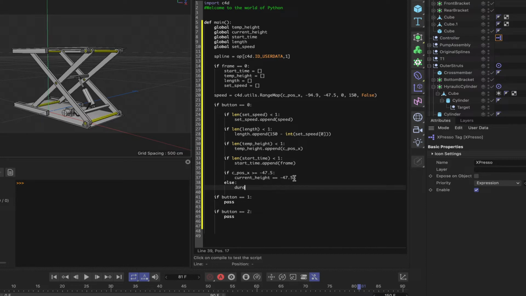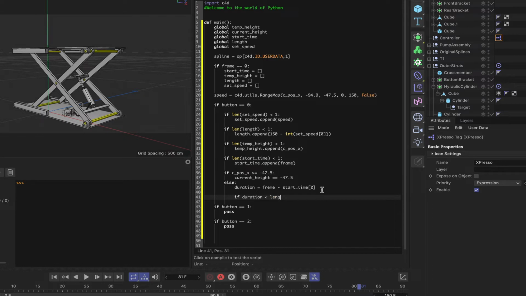We can say duration is equal to frame minus start time brackets 0. And you've seen me use this code before when we've done things with range mappers, and that's exactly what we're going to do here. So we can say if duration is less than length brackets 0,